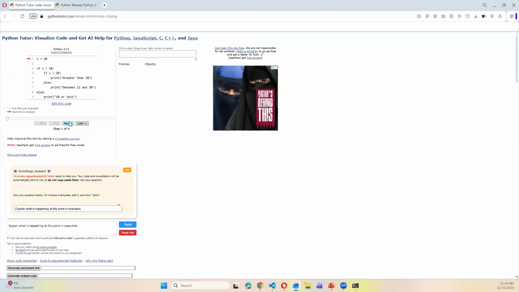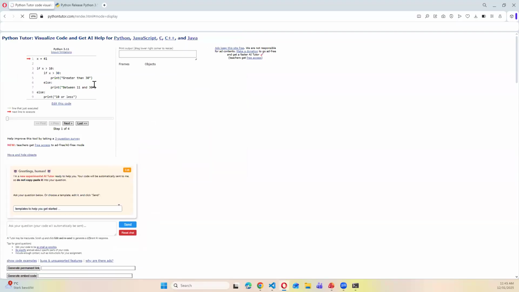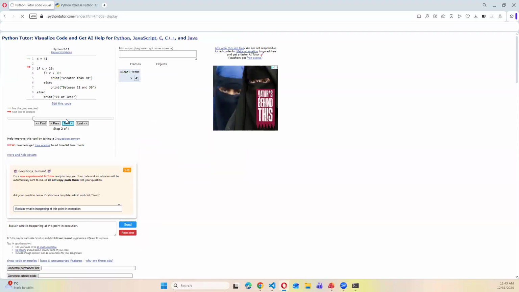First we run it: x gets the value 20. Is 20 greater than 10? Yes. Then it goes to the second condition: is 20 greater than 30? No, so it prints that the number is between 11 and 30. If instead x is 41, then 41 is greater than 10, yes, so the first condition is met.